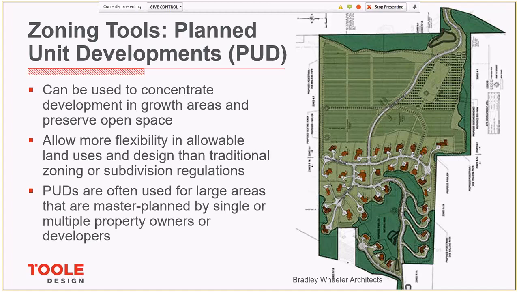And on the image on this slide here, I'd like to talk through what the difference is between a planned unit community and more traditional development regulations. So for example, under the traditional regulations, the 24 or so houses on this slide would likely be situated in the middle of very regular shaped rectangular lots, and they would be very spread out. With the planned unit development, developments can be clustered to save on infrastructure costs and preserve that open space at the top of the slide there. This also makes it easier to walk and bike to a neighbor's house, and similar principles can be applied to enable and encourage active transportation trips to school and daily errands.